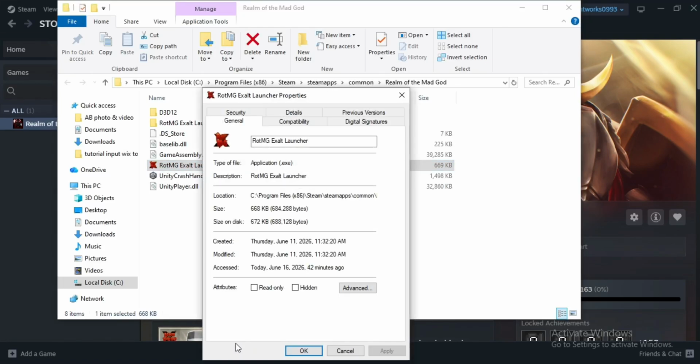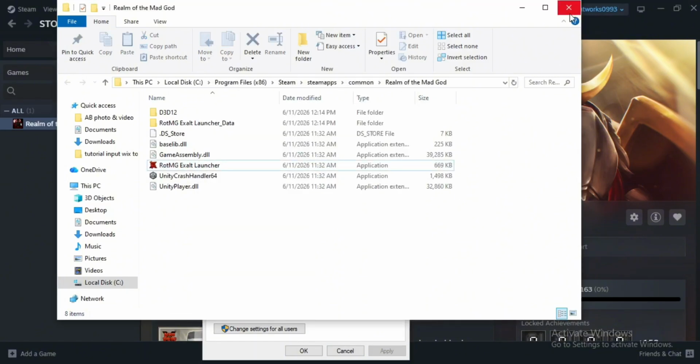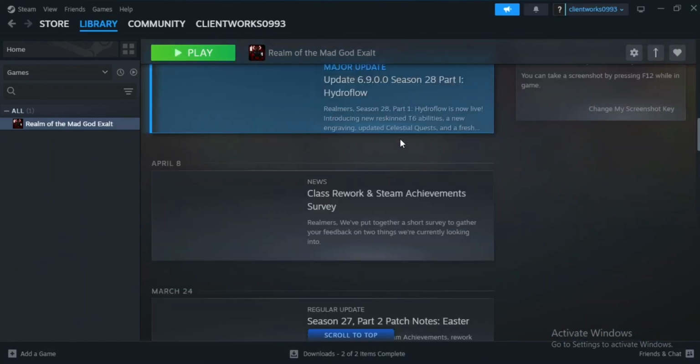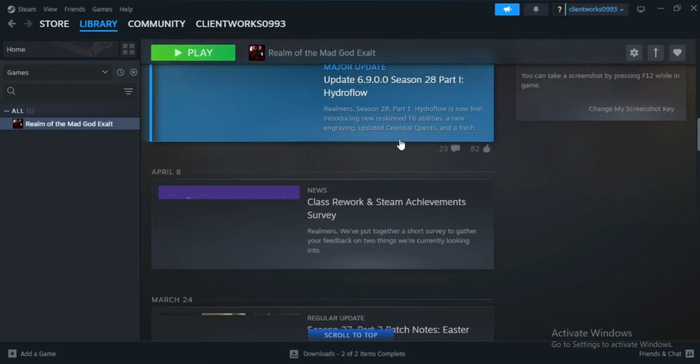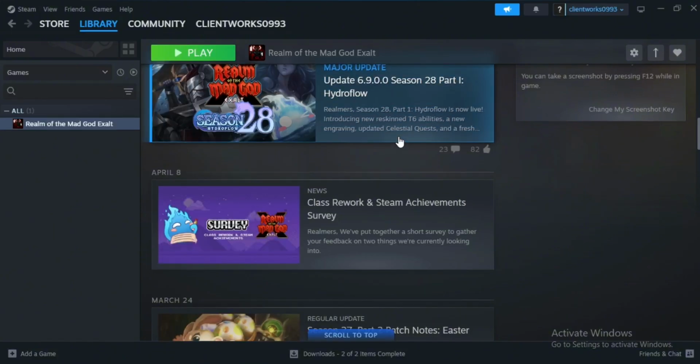Right-click the executable file and select Properties. Then navigate to the Compatibility tab. Within this section, enable the option Run this program as an administrator, then click OK. Running the game as an administrator allows it to access protected folders, save files, and system resources that it may require during startup. After applying the changes, return to Steam and launch the game again to see if the issue